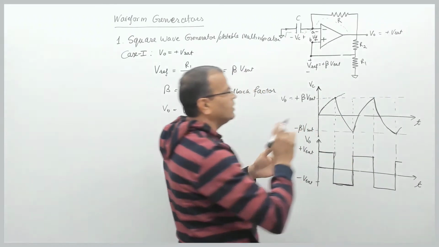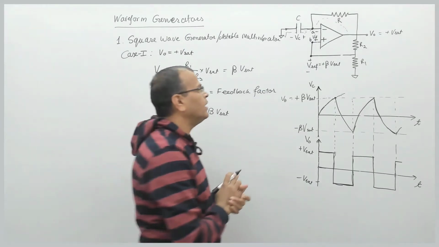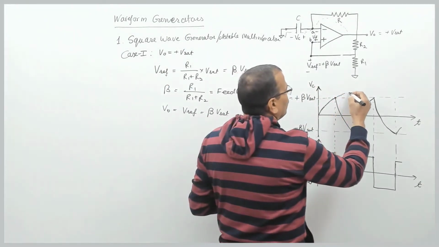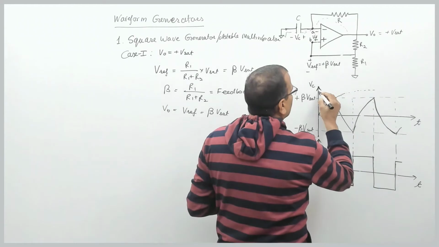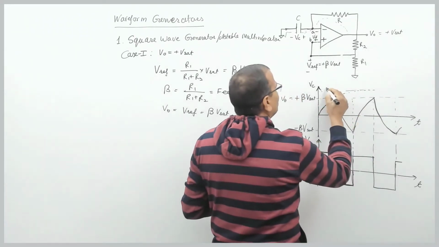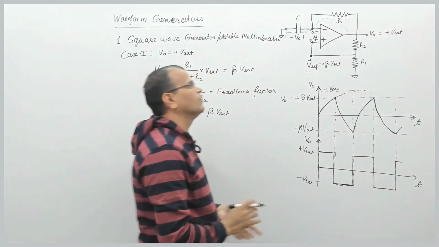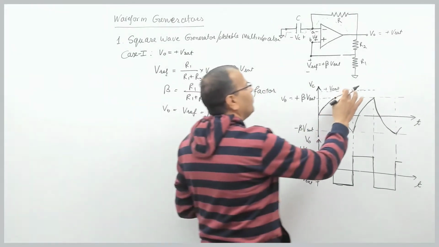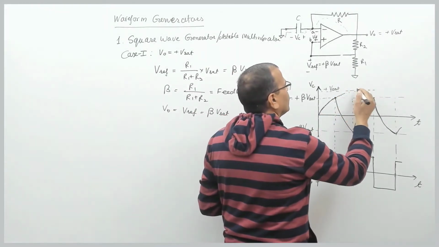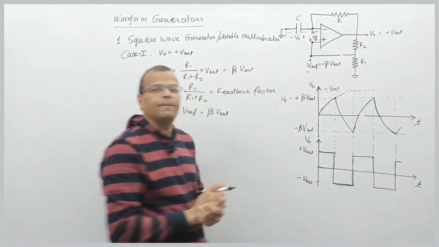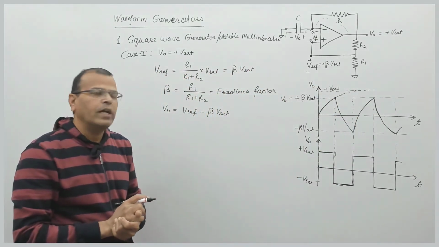I hope this is clear, right? And if nothing is there, what will be the level of charging? This will charge to plus Vset. Finally it will be level of plus Vset. That's what I am trying to say. Fine. Is it clear? Now